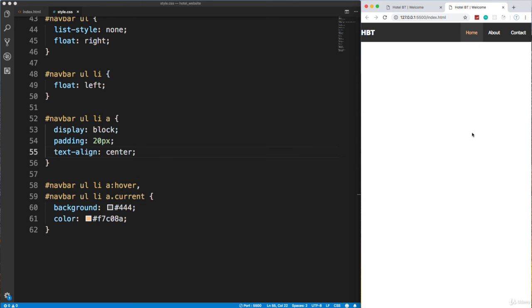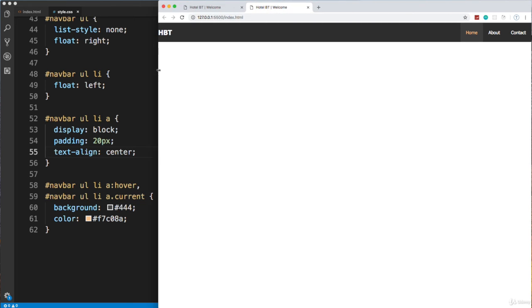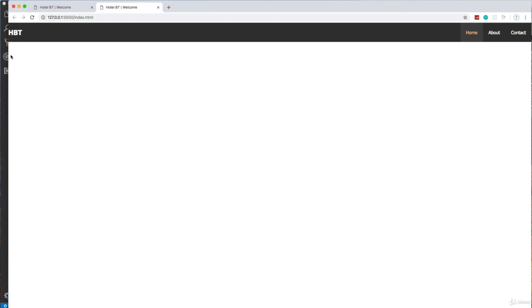Now before we move on, I just want to show you one thing. If we stretch this out really far, it's always on the very edge here, and I don't want that. Usually what you'll do is you'll have a container and move it into the middle. Okay, and we don't want to wrap a container around everything, because then the black bar will actually get pushed to the middle. I want the black bar to go all the way across, but I want this stuff to